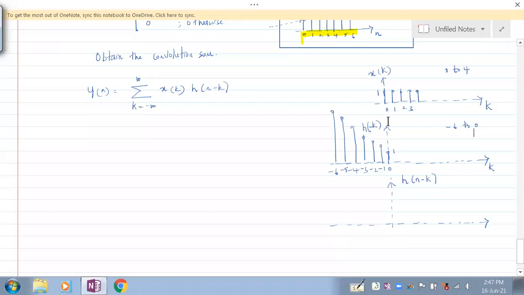Everybody, this is not infinity, understand. If this were minus infinity, it would remain minus infinity, and only this would change. But this is minus 6. So if this gets shifted to n, you're adding n to this. That means this also gets shifted towards the right by n positions, right? So where should this come and stand? If this becomes n, this would become n minus 6, mind you.